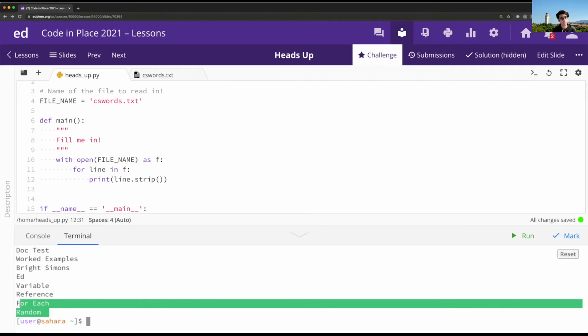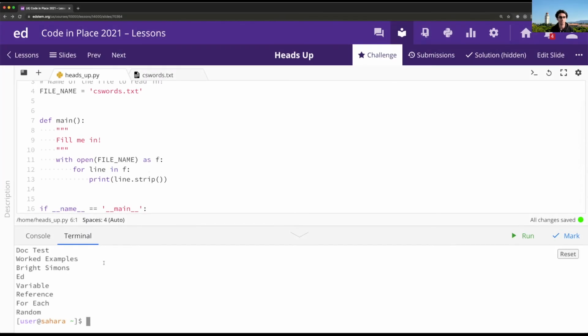So even though we're not done with the heads up program yet, this is a really, really big step, because now for the first time, we have a program that's reading from an external source. This program isn't just creating all of its own variables, it's actually getting variables from outside of the program, from a separate file. And that's a really, really powerful tool to have under our belt. But of course, that's not the program we're trying to write. The program we're trying to write allows us to read all the words and then continuously choose random words from them, which means that we need some way of actually storing the elements from the word.